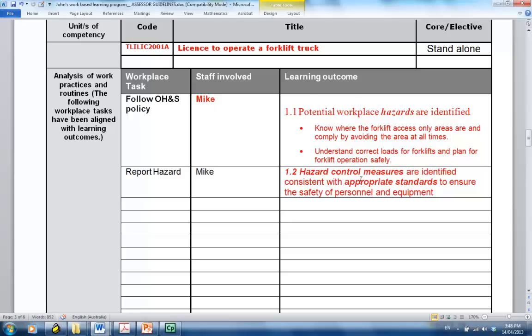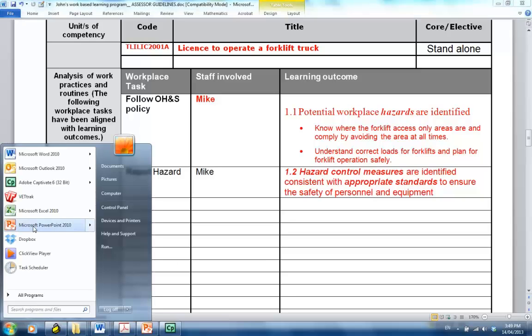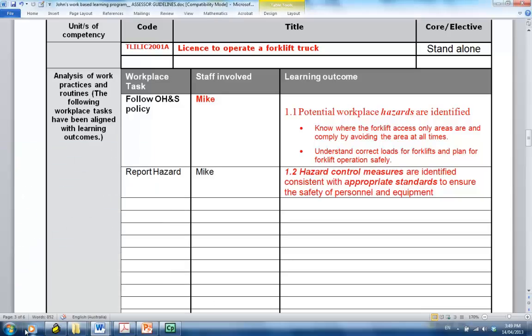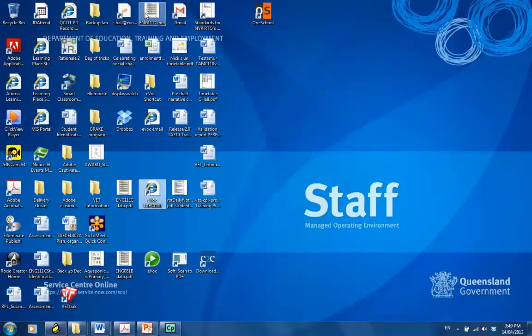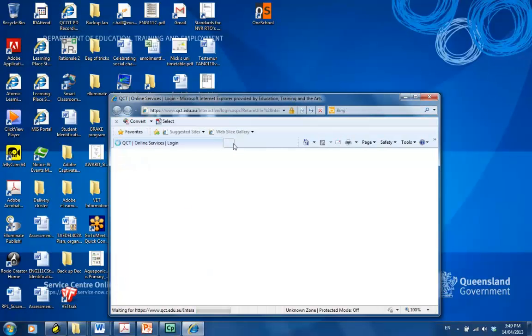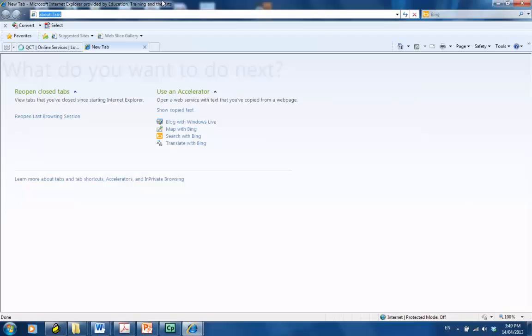Now, this information has come from the National VET Register, which is training.gov.au. So this is a really good time to stop and introduce how we use training packages to meet clients' needs. So what I'll do is I'll just go and open up a Word document. Get the internet going. All right. Okay, so we just go